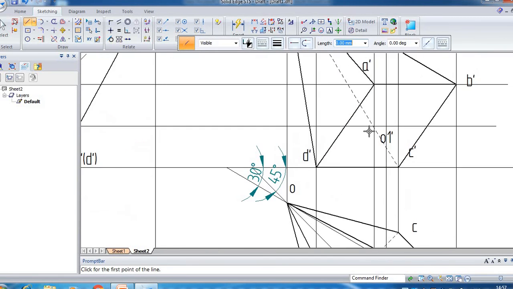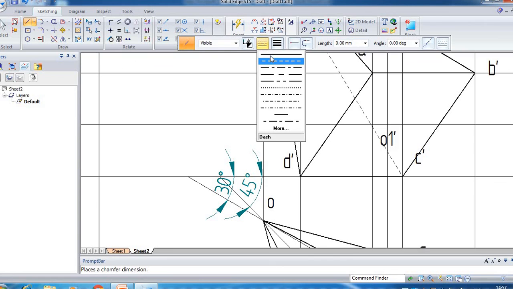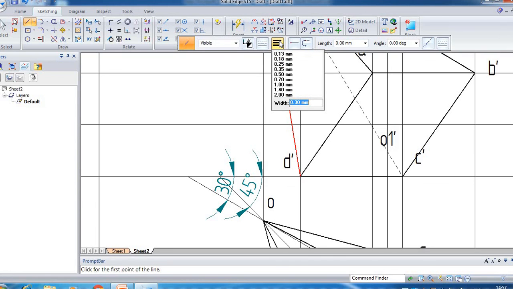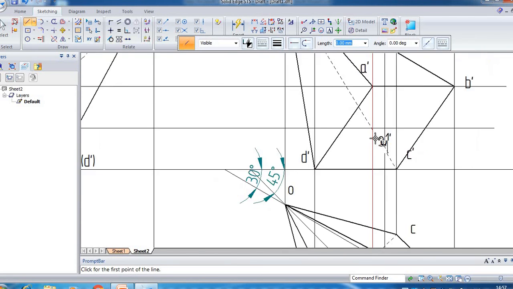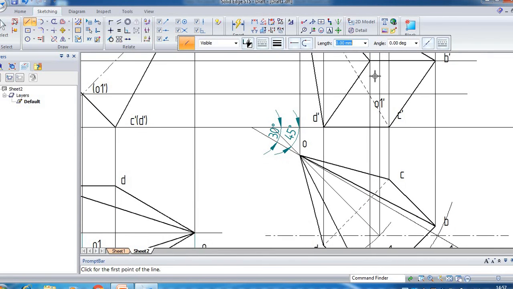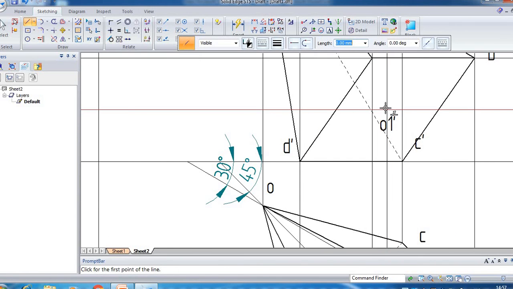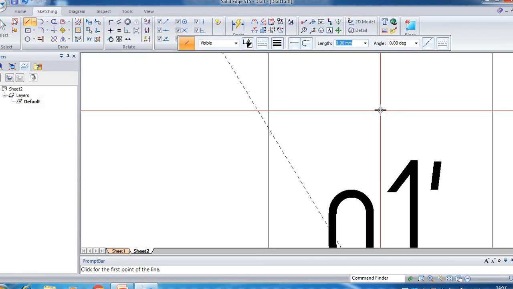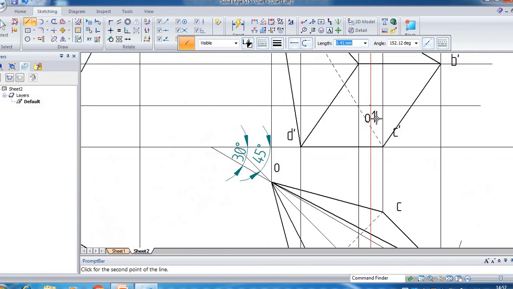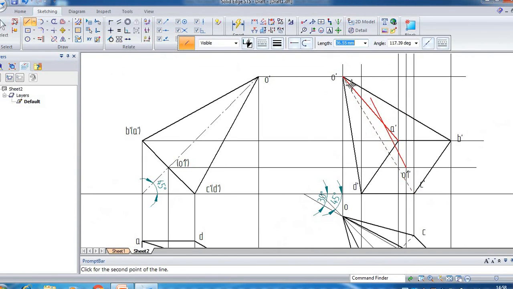Then you need to draw the axis line. Change the line type to axis line type and the thickness to 0.15. It is from O1 to O, the axis length.